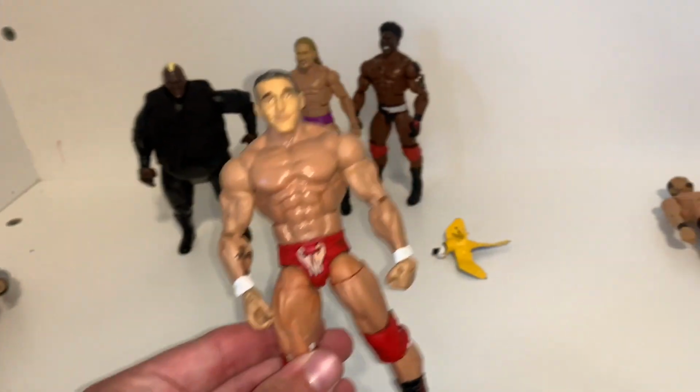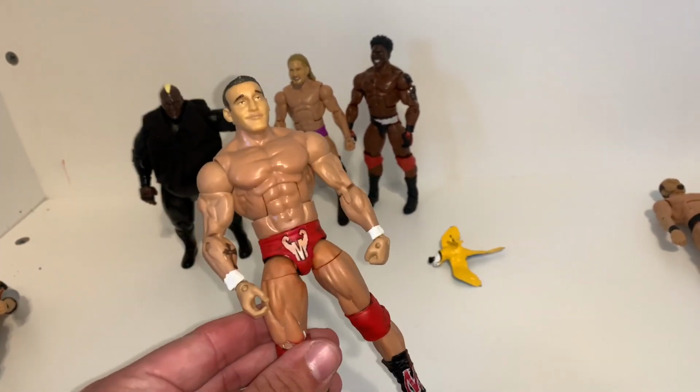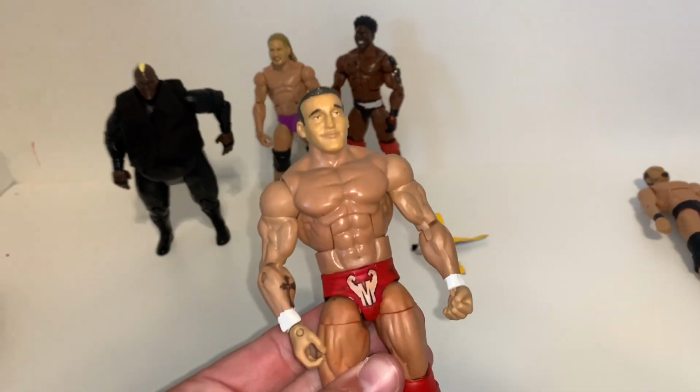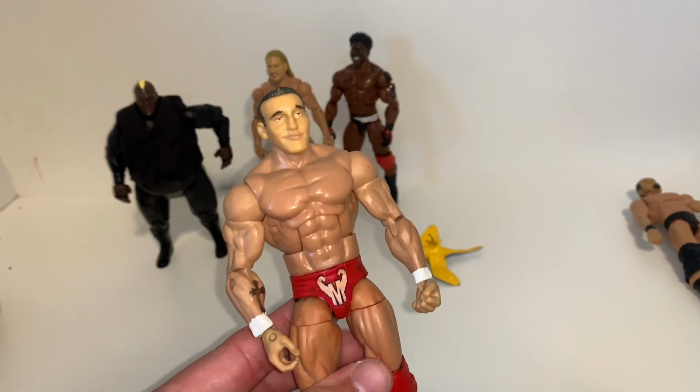And next up, we have Chris Masters. Why would I want to do something to this Chris Masters? Because really, that's what you're probably asking, but really, I screwed this up. What is that? There is a bug flying around. Why is there a bug in here? Oh my god. But next up, this, like I said, I know I screwed this up big time,